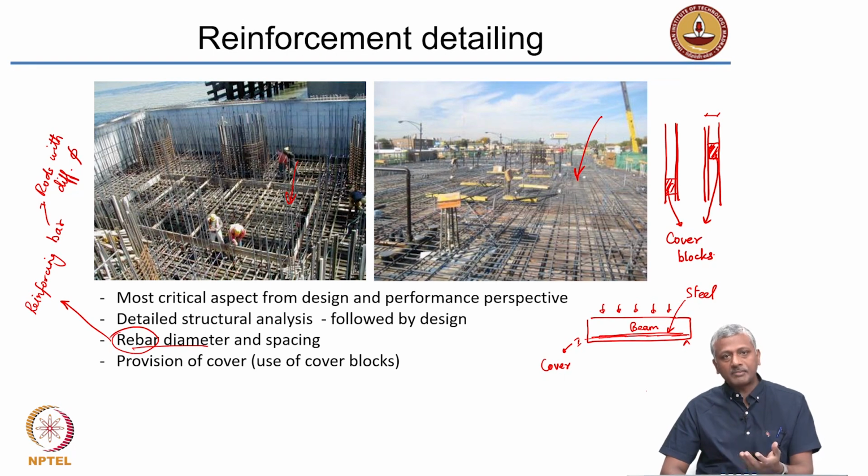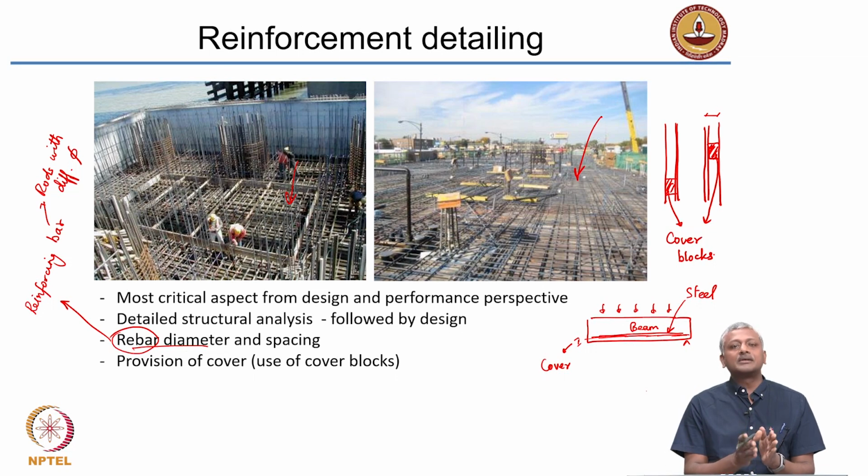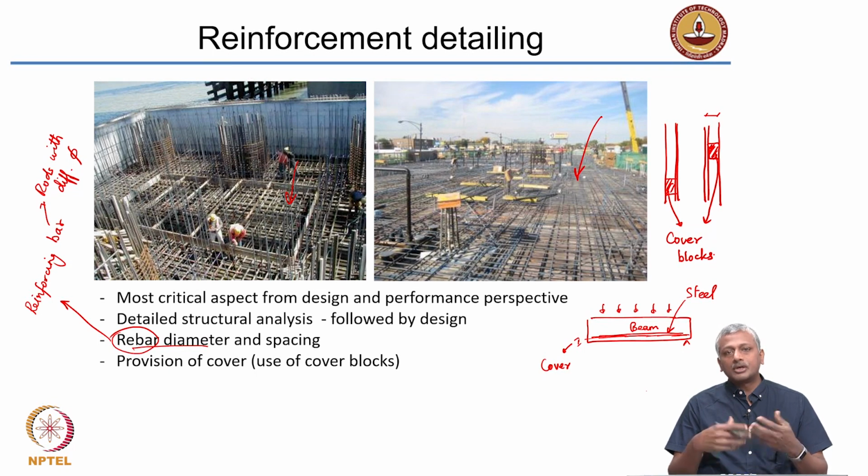Again, if you go through design practices, you will understand that the thickness that you want to provide as a cover is determined by the kind of environment that the concrete is in. For example, if your concrete is in coastal or marine environment where it's going to be subjected to a very harsh aggressive condition, because you know that there's a lot of chlorides and they can cause the corrosion of your reinforcing steel. So, to ensure that the steel does not corrode in the lifetime of your structure, you need to provide a thick enough band of concrete around the steel.